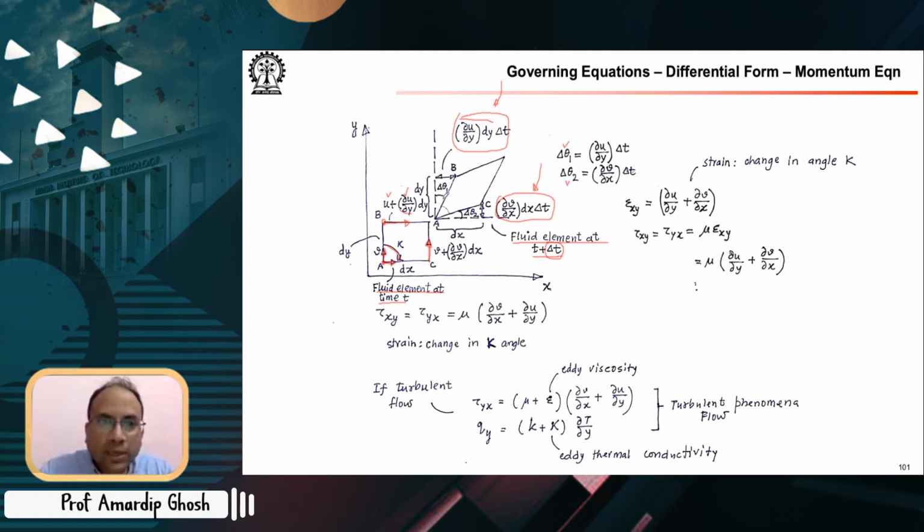Then what is this delta theta 1? It is opposite side by adjacent side, because remember your tan theta for small thetas becomes theta. So then delta theta 1 is this thing, delta theta 2 is this thing. This is nothing but opposite side by adjacent side. So opposite side is dou u dou y into dy into delta t. Adjacent side is dy, because in this particular problem, even if you have changes in v in the y direction and changes in u in the x direction, you can work out an order of magnitude thing and neglect them even. So we have delta theta 1, delta theta 2, and then